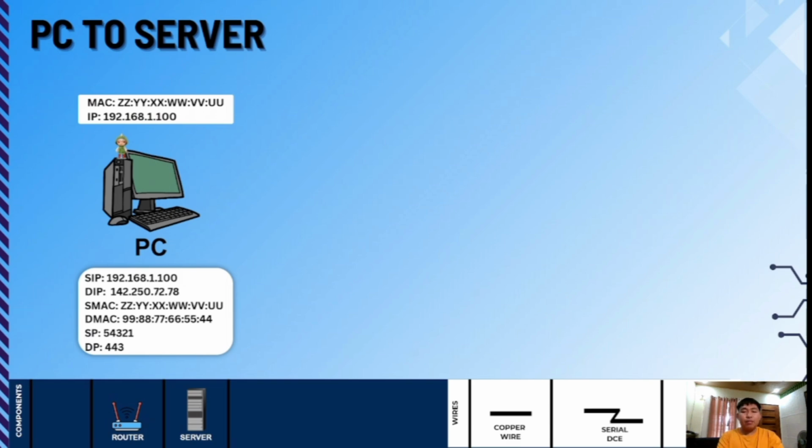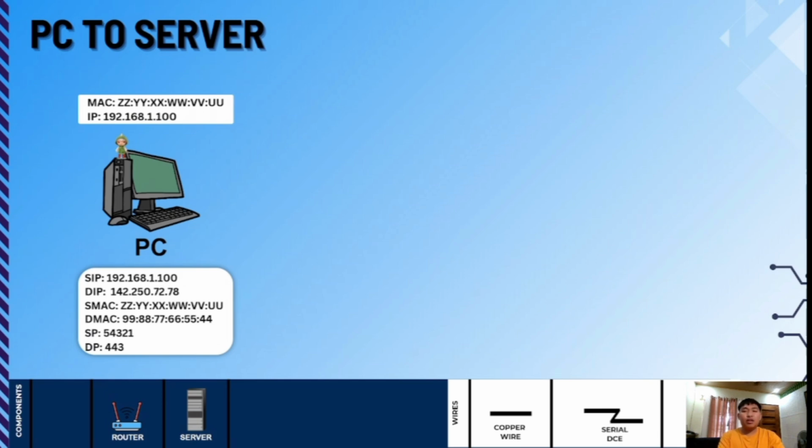Source IP, or the SIP, is 192.168.1.100, which is the PC's IP address. The destination IP address, or the DIP, is 142.250.72.78, which is the server's IP address. The source MAC, or the SMAC, is ZZYYXXWWVVUU, which is the PC's MAC address.